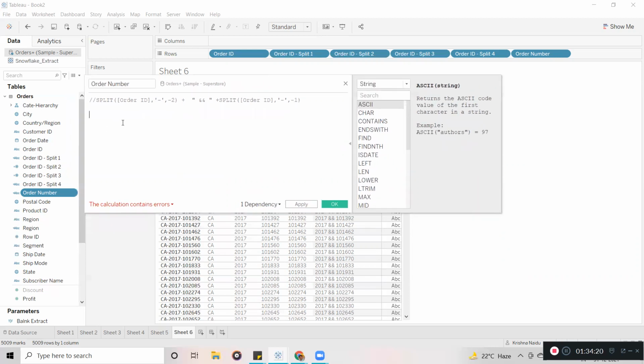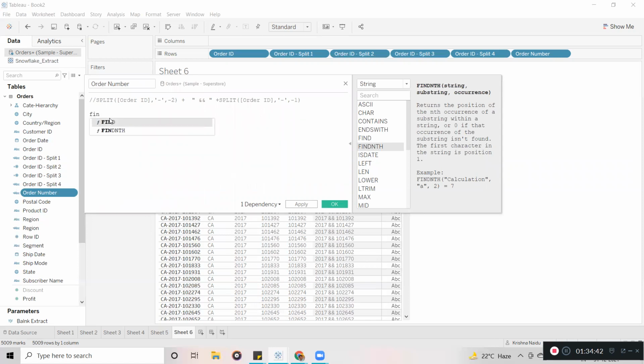Okay, so now here let me try the character function. So let's see. Here find nth. Yeah, find nth. So what is going to happen with the find nth? Here string, substring, occurrence. Okay, now by using this find nth, we can find out.